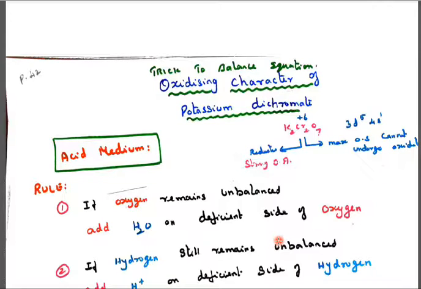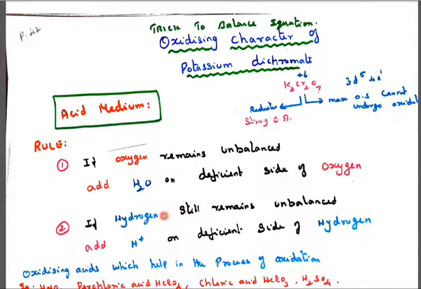So balancing equation, please carefully notice the rule. If you are thorough with the rule, you can immediately give the answer for the question. For example, potassium dichromate K2Cr2O7, I already explained. This is plus 6. 3d5 and 4s1, only 6 electrons can be lost and it becomes 6 plus. Maximum oxidation state is 6 plus. It cannot undergo oxidation further, it cannot oxidize to plus 7. No possibility of going to plus 7. So definitely it will undergo only reduction. So it acts as a strong oxidizing agent, so it can oxidize other elements.